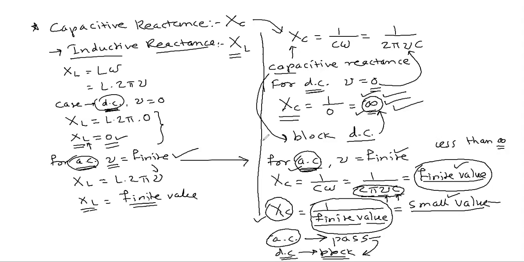So I think in this inductive reactance and capacitive reactance, you got these things here. In case of inductive reactance for DC, you got here 0. That means no opposition to the flow of current. आराम से DC को जाने देगा. In case of the inductor, when you will use the inductor in the circuit, purely inductive circuit you can say, लेकिन DC को क्या करेगा? ब्लॉक ही कर देगा. कहाँ पे? कैपेसिटिव, प्योरली कैपेसिटिव सर्किट में.